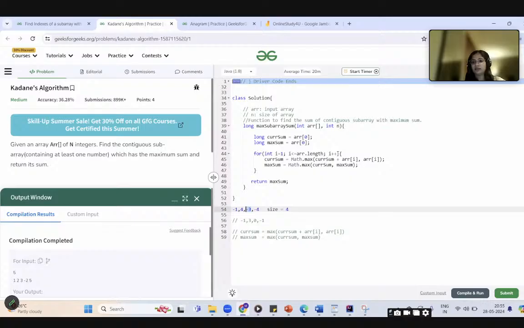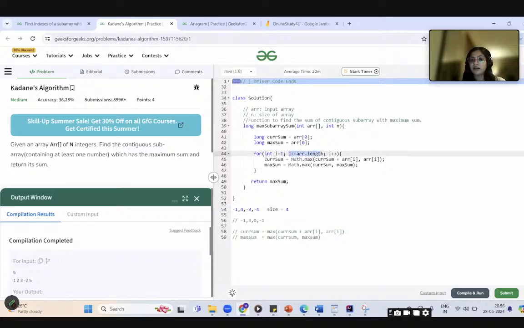Then i becomes 3, 3 is less than or equal to 4, fine. Then i plus plus, and i becomes 4, and 4 is less than or equal to 4,